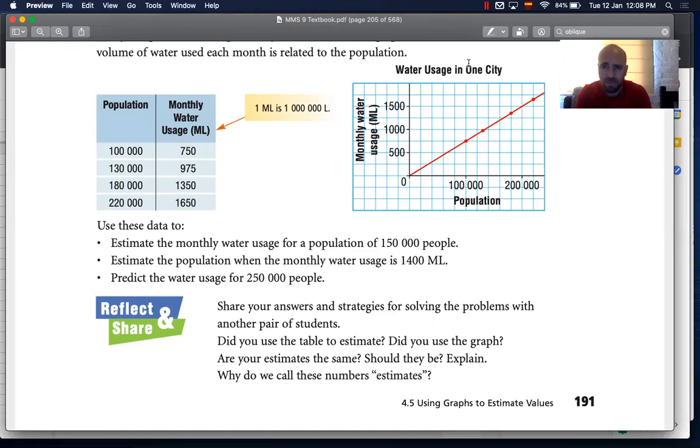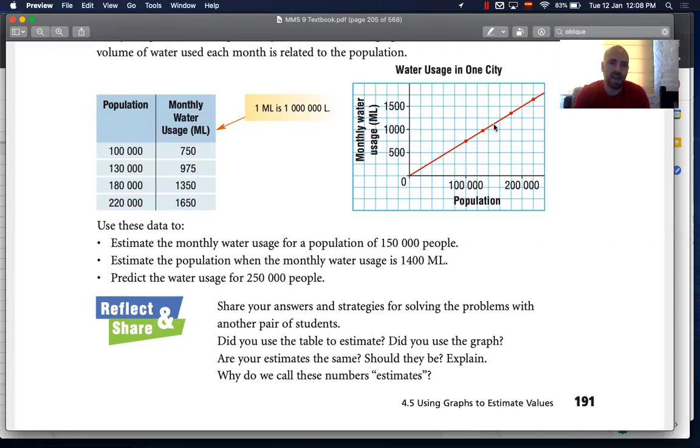Our 150,000 people is going to be right around here. As we go up, it looks almost right in between our 1,000 and our 1,250 megaliters. So I'd say about